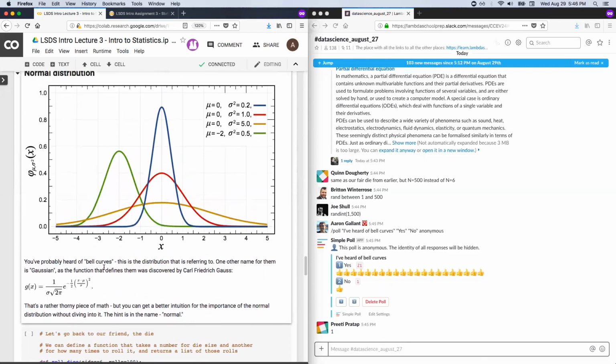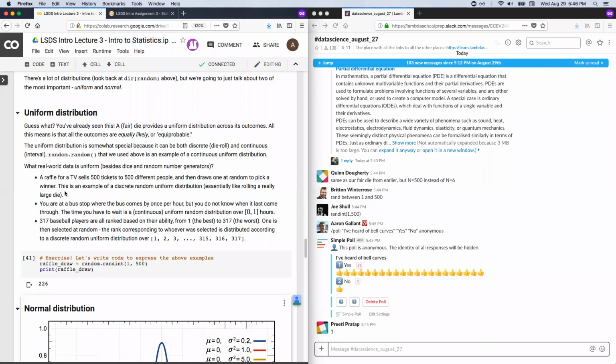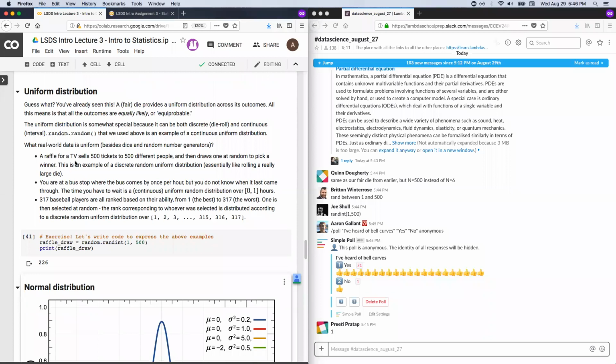But the formula aside, if we look at this, it's got this nice curve to it, and there are different ones drawn here. That's because this distribution takes parameters, and the uniform took parameters too. What were the two parameters of the uniform distribution that tell us what we need to know about the uniform? Because it's not enough to say, I have a uniform distribution.